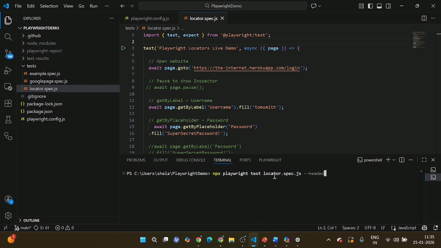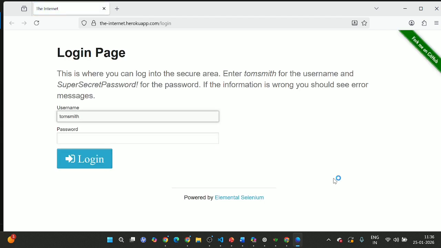We want to execute a specific test case. That's why I am giving the test case name locator.spec.js and then space hyphen-hyphen headed. Now I am pressing enter, and we can see the test case has started running, the website is open, the username is entered, and